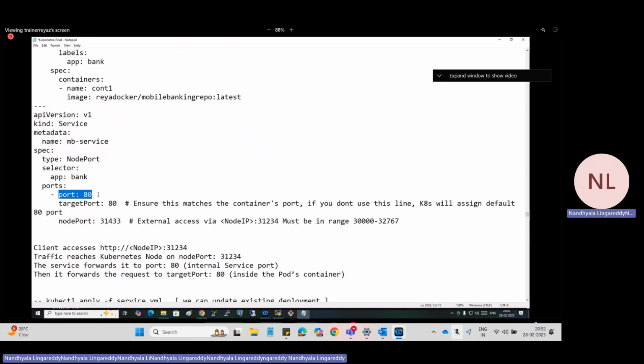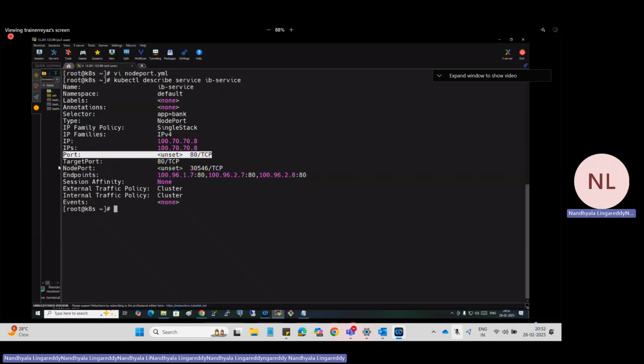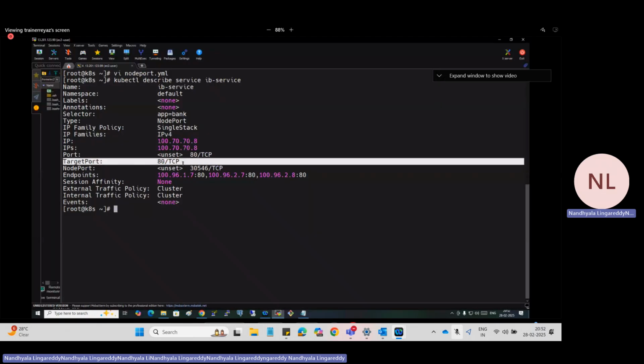Next one is the target port. This is the container port. It's always 80, internally in Kubernetes. So first the request will come to the service, which is like a load balancer, on port 80, and then it will redirect to the target port.